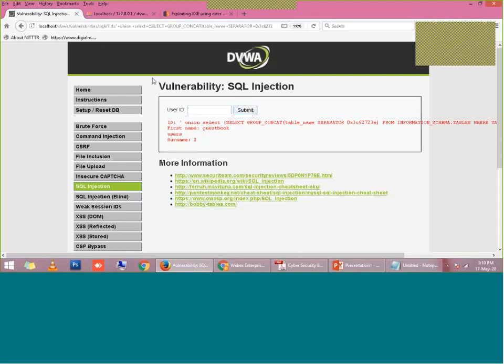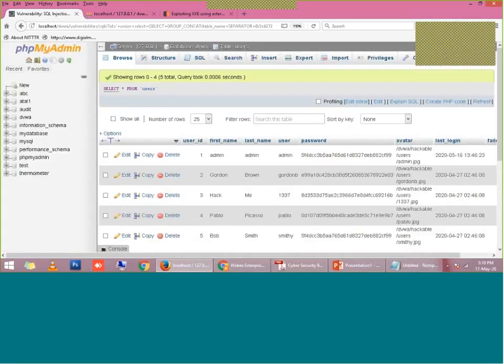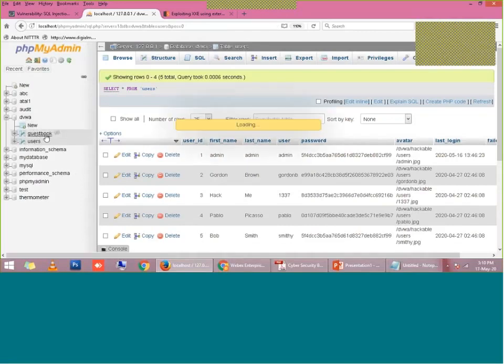So currently I am using this DVWA SQL injection, and this page is using the guestbook database, and we are fetching the guestbook table name. You can see here table name, it is clearly mentioned in my payload. Earlier it showed me the name of the database, which is DVWA. Now it is showing the table name, that is guestbook. So we are using this guestbook table of the current database.